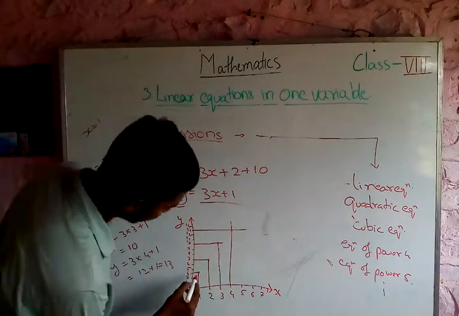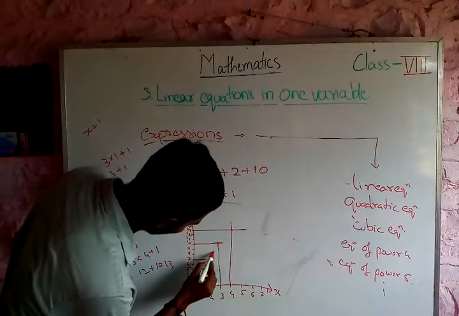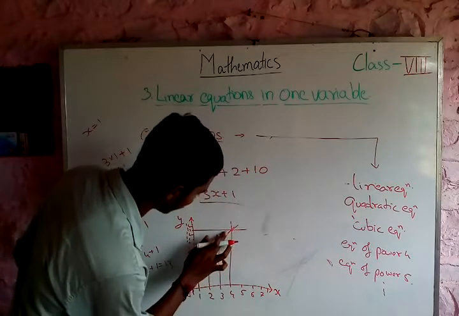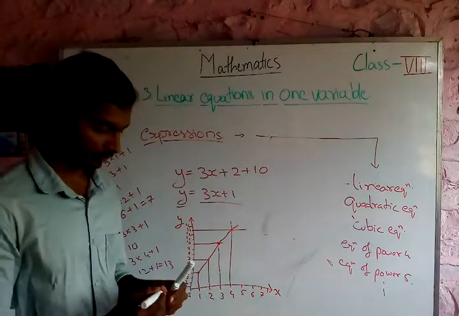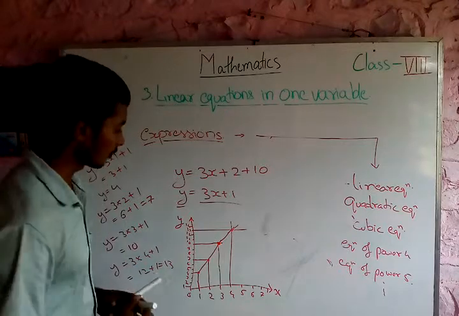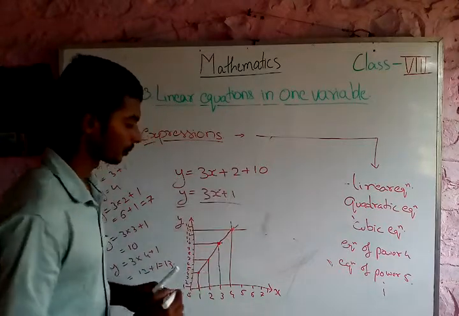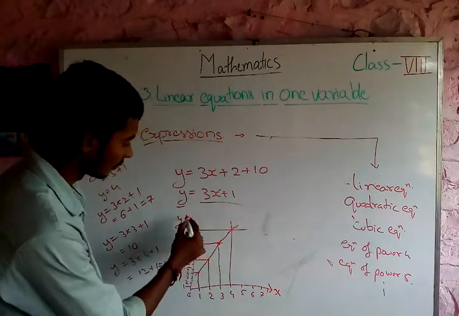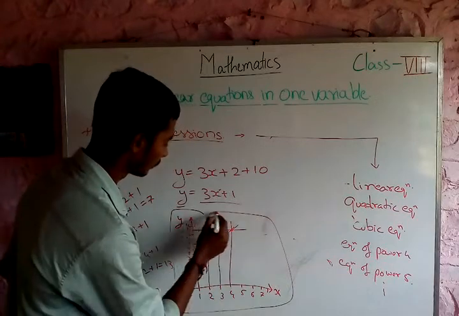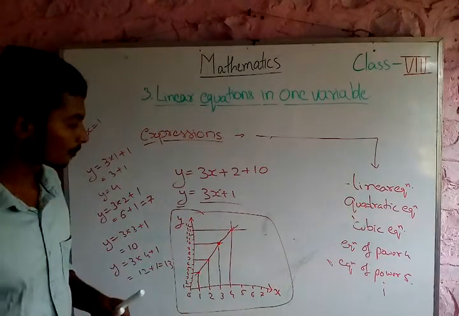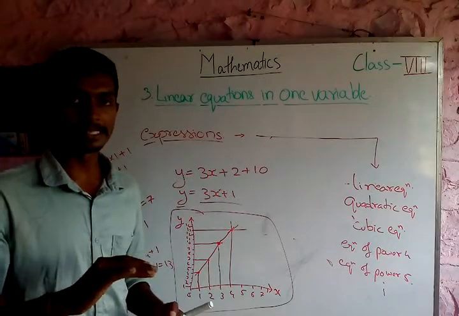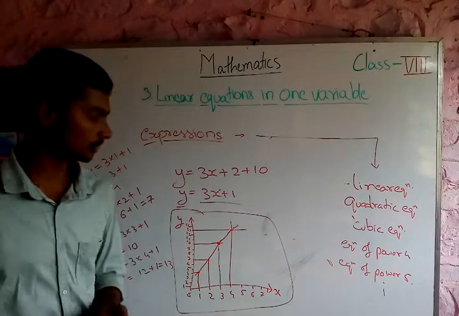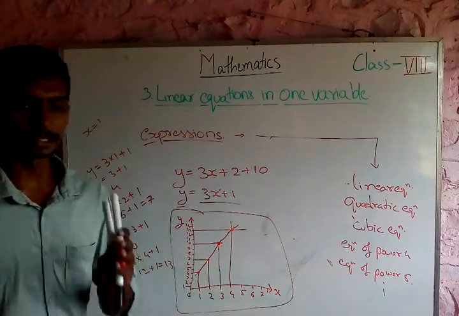So the graph I get is a straight line for this equation. Now see, you take any equation where the maximum power is 1, then you will get a straight line for the equation. So straight line means linear, that is, it increases step by step, and the step will be constant. So straight line means linear.